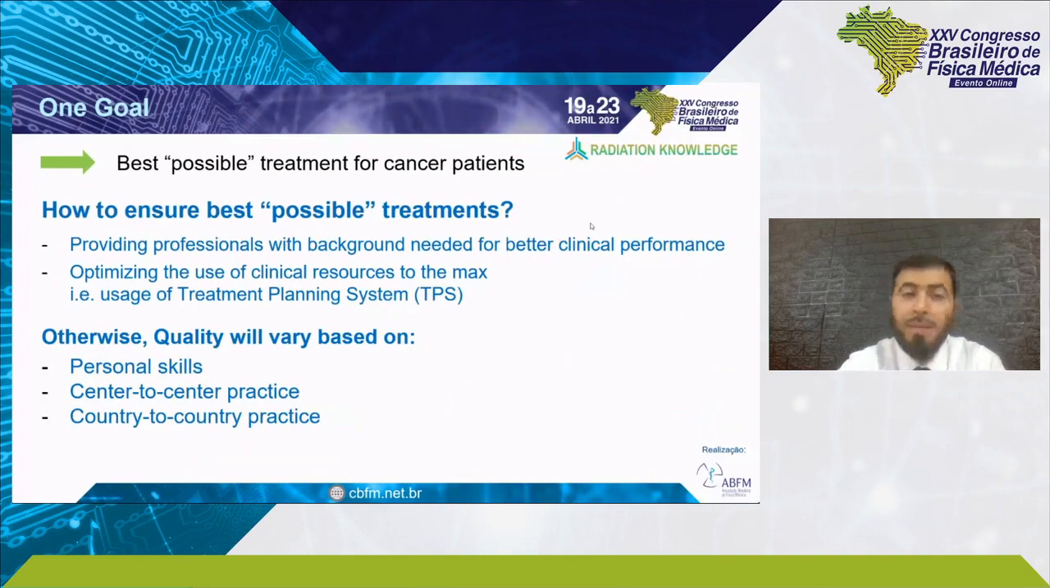Now, in order to deliver the best possible treatment for cancer patients, we need to ensure that it is delivered by providing professionals with the background needed for better clinical performance, and also by optimizing the use of clinical resources to the max. So if there are specific capabilities of a certain treatment planning system, the users, planners or physicists should know the exact capabilities of these systems so that they can be utilized to the maximum and they can deliver the optimal